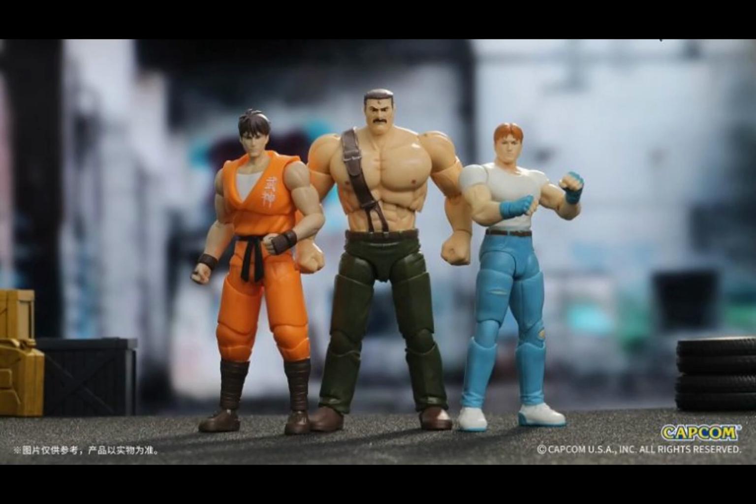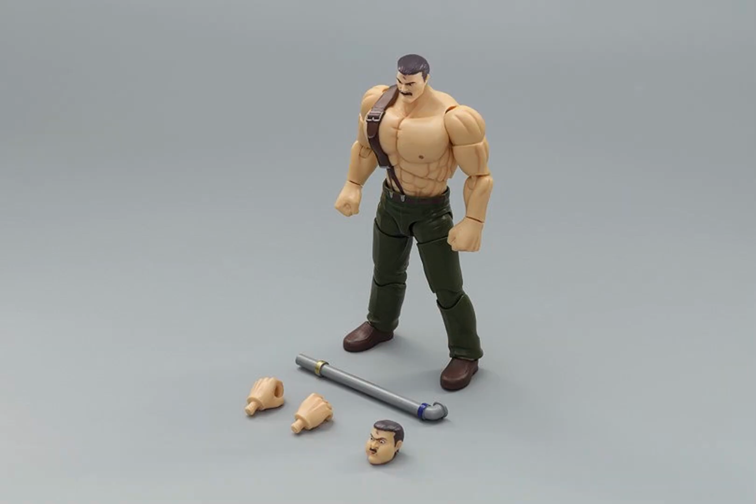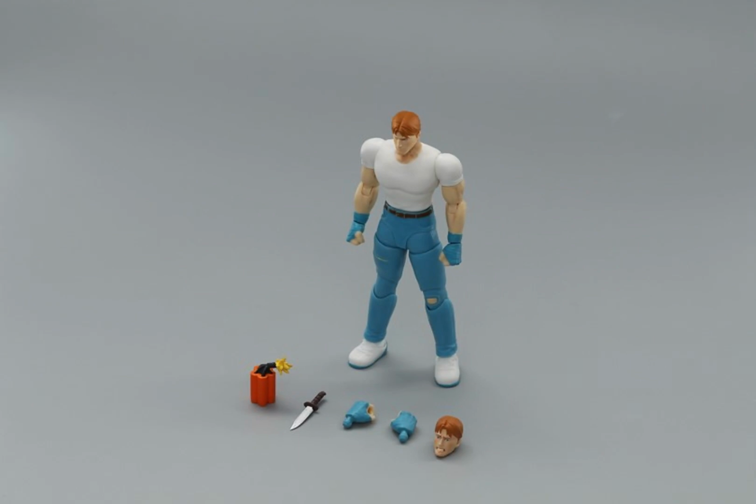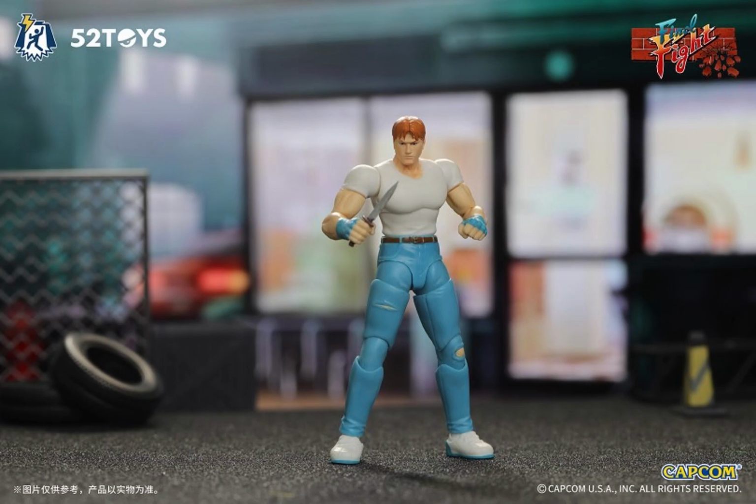Alright, Final Fight is finally getting action figures for their three main characters, Guy, Cody, and Hagar. If you remember back in '92, '93, I think it was '93, Hasbro released an action figure line for Street Fighter 2, another Capcom arcade title, that was in the 3 3/4 inch style, particularly known for being what G.I. Joe is, the everyday G.I. Joe,